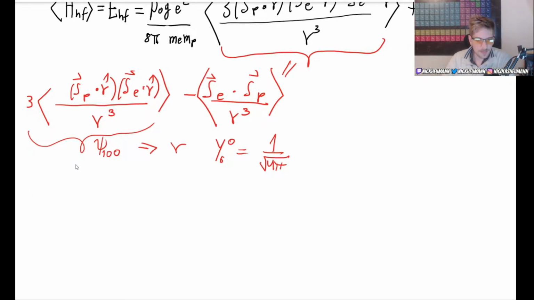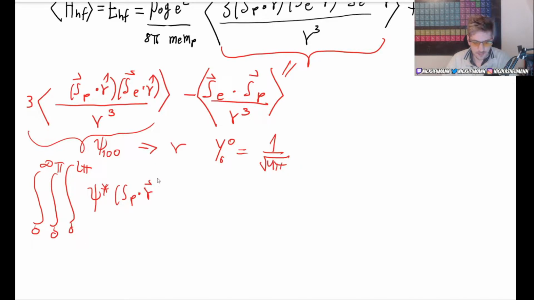So I'm thinking what to call it, but maybe let's just write it down and we will know what we are talking about. So only the expectation value without the 3, right? That would be the integral from 0 to infinity, from 0 to pi, and from 0 to 2 pi. And then we have, of course, the wave function, the conjugate of the wave function, S_p dot r hat, not r vector, r hat,